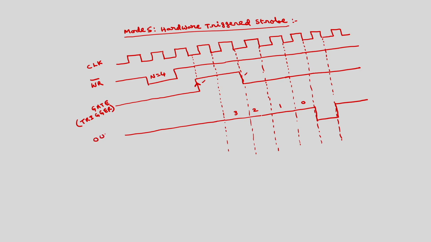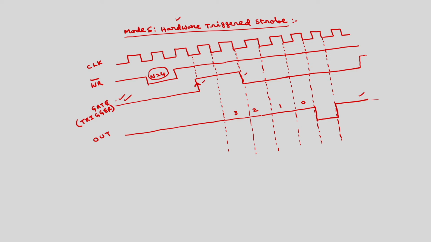This is the out. So here, because this strobe will be triggered by this gate signal, and gate is a hardware signal, there is a pin corresponding to gate, that is why the name hardware triggered strobe. Once gate again goes through a low to high transition, automatically the same n value of 4 will be loaded into the counter, again it will remain high for 4 clock cycles, then go low for 1 single clock cycle, and the process repeats. So this is mode 5.